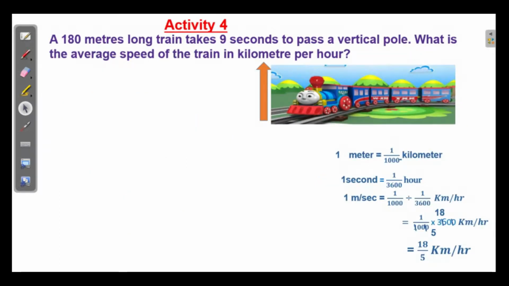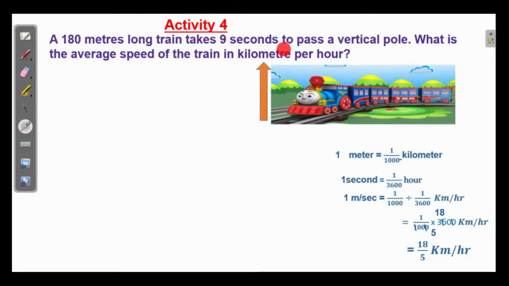A 180 meters long train takes 9 seconds to pass a vertical pole. What is the average speed of the train in kilometer per hour? So, this train has to pass this vertical pole. Before doing that, let us see. Here it is asked to find out in kilometer per hour, but here the distance is given in meters and time